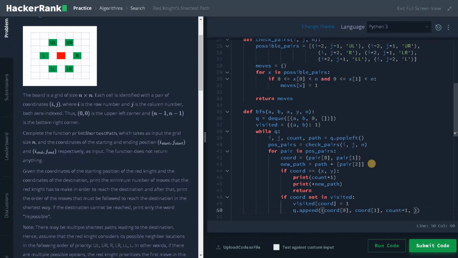We are making a move, right? That's why I am incrementing the count by 1, and we also add the new path. So that is done.